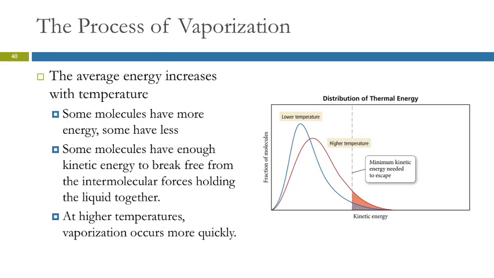Does that make sense? We know from life experience that water evaporates faster when it's warm than when it's cold, right? Why do we have heat in the dryer to dry our clothes? Because it makes them dry faster. Well, why is that? Well, it increases the rate of evaporation, causes the water to evaporate faster.